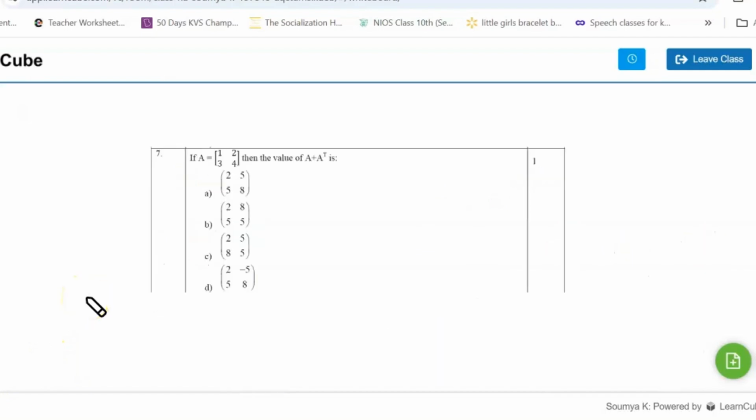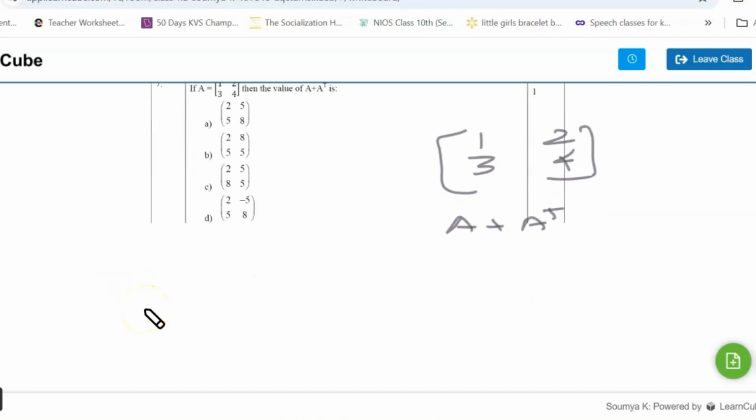So a matrix is given to you, 1, 3, 2 and 4. This question is of 1 mark. You have to find A plus A t, A raised to t, that means A transpose. Okay, transpose means rows and columns will get interchanged. In this case, first row will become first column. First row is 1 and 2, it will become first column, then 3, 4. This is A transpose. Okay, you have to do A plus A transpose, that means add the elements